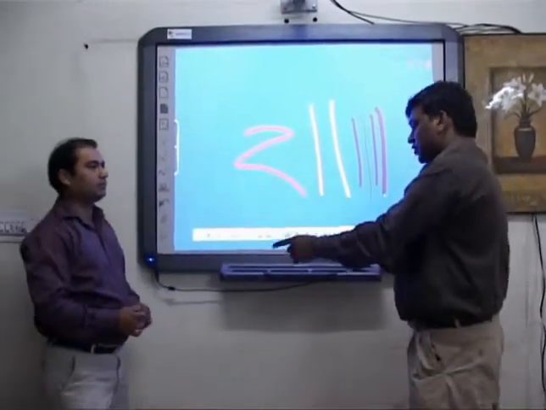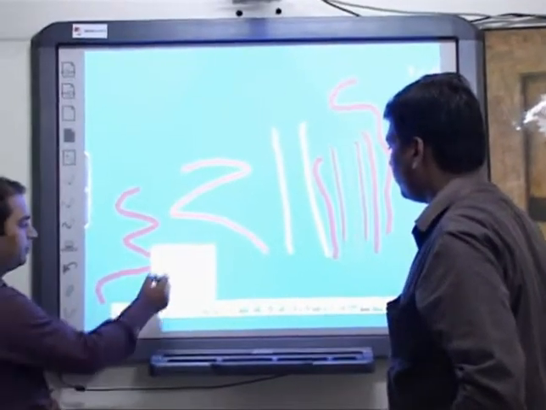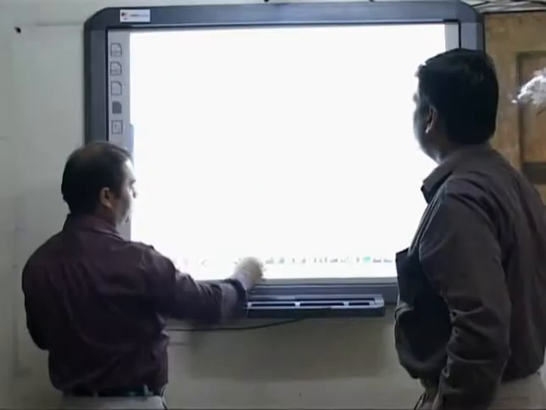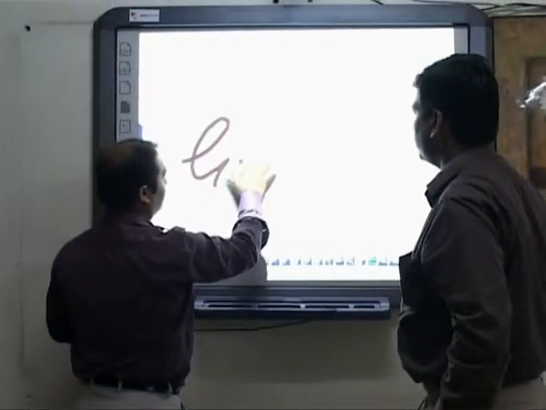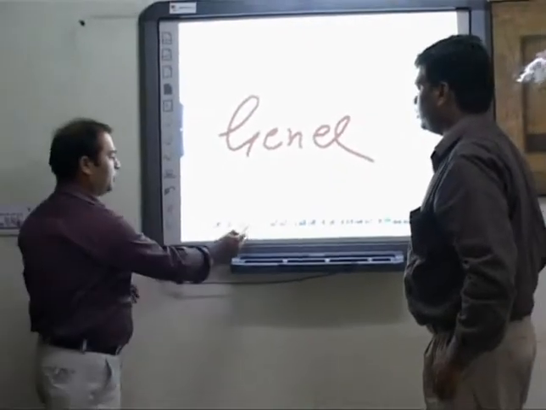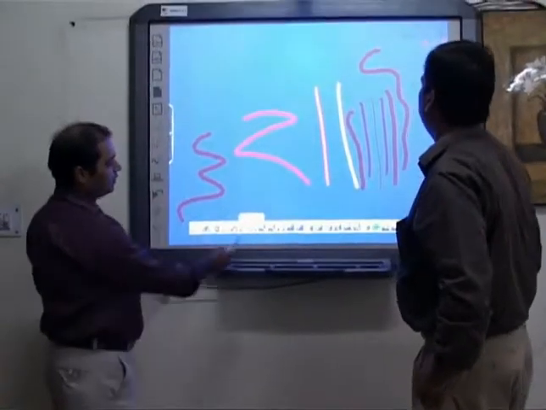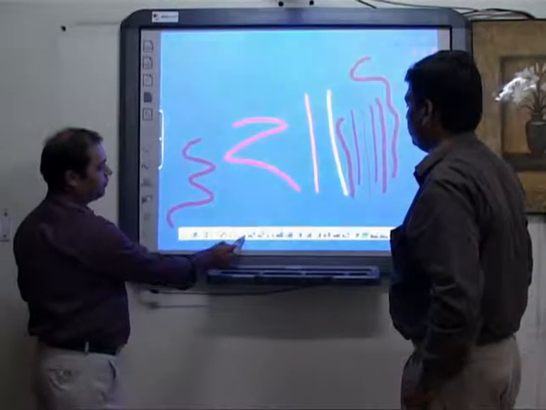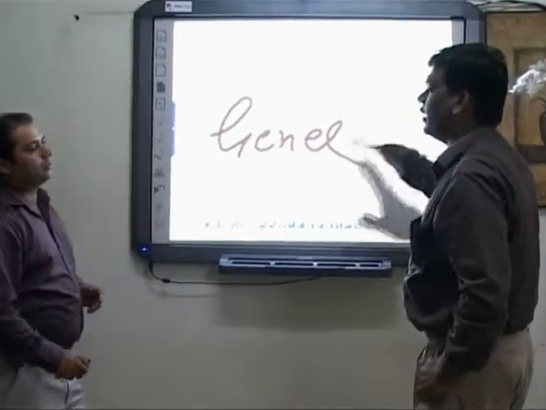Is this some special pen? No, this is just, see, you can select and you can use your finger like this. This sheet is now in your computer, and you can see the previous and the next sheet. Right. And it will save directly onto our PC.